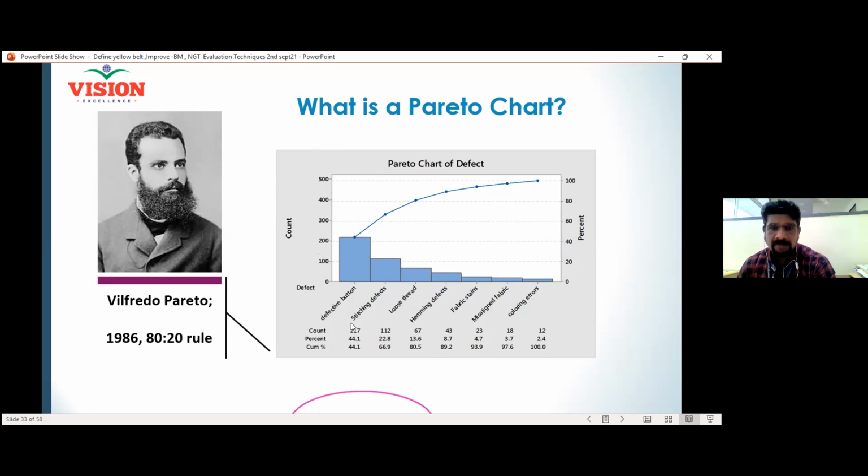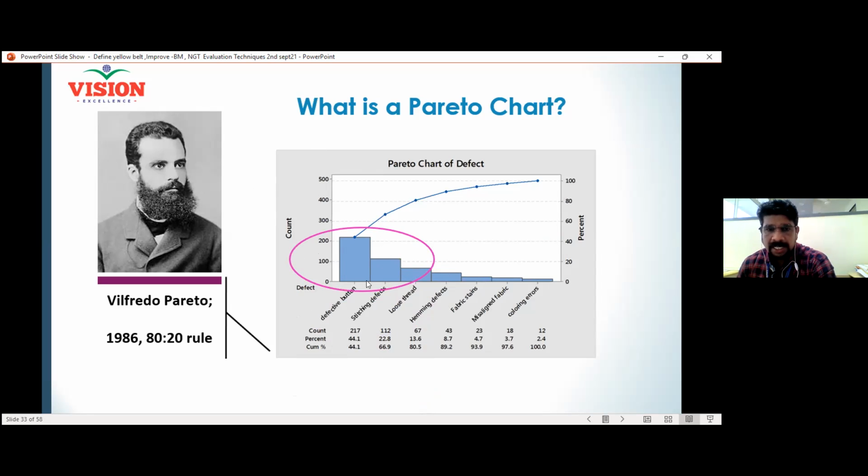So here on the bottom, we have a problem, which we have received from a garment company. The garment company is manufacturing a lot of shirts. In that, they are having defective buttons. The defective button defects come to around 270 numbers. Here you can see 270 numbers. Likewise, all the defects are drawn in the form of bars.